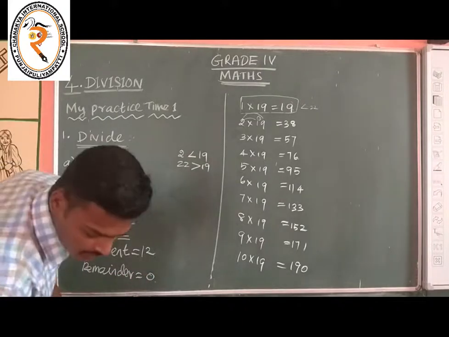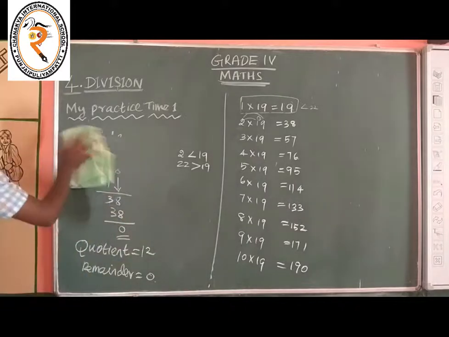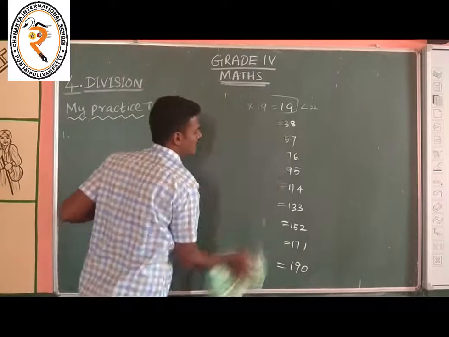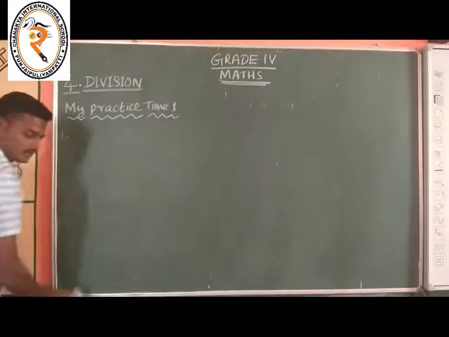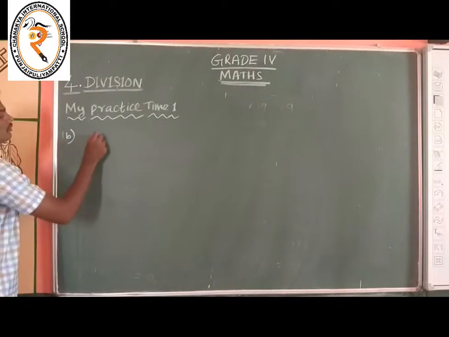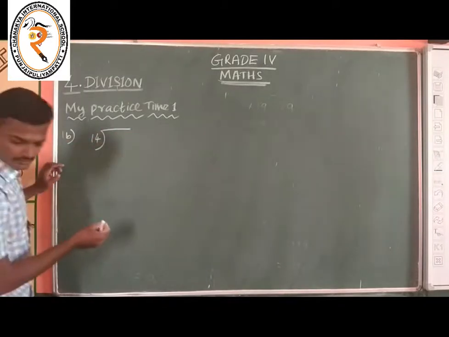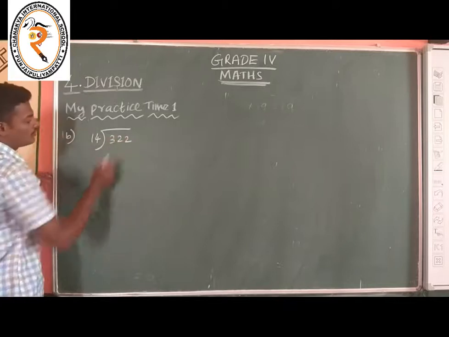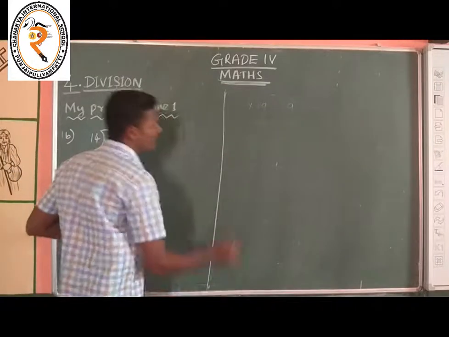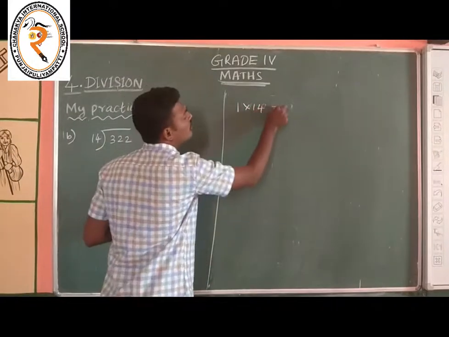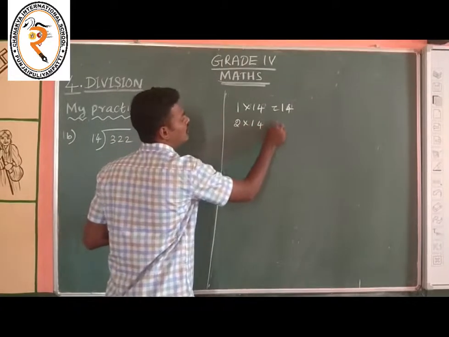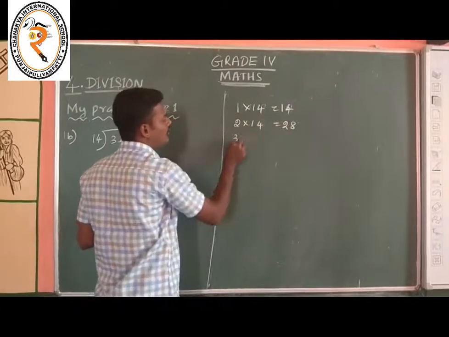Next, the second sum. Second sum, B: 322 divided by 14. We write the 14th table. 1 14 is 14, 2 14s are 28, 3 14s are